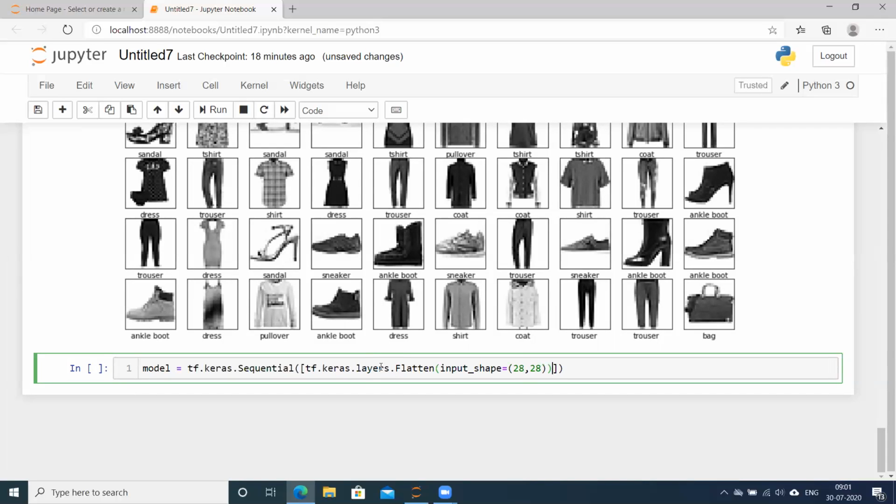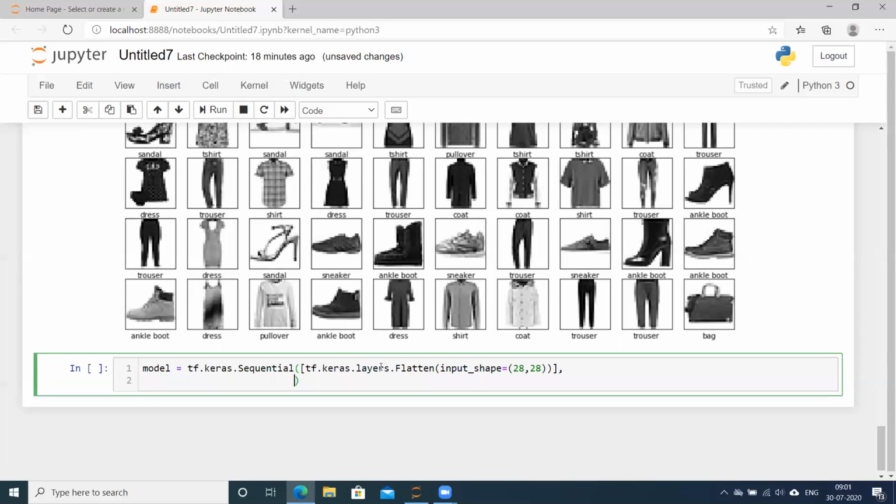And this is our input layer, we can say. And then we are going to make only one dense layer in between, that is tf.keras.layers.Dense.